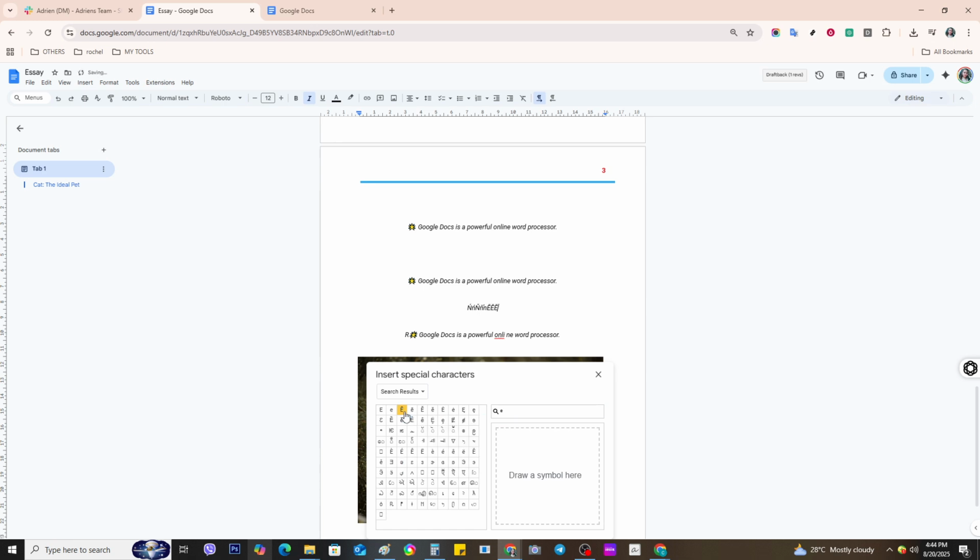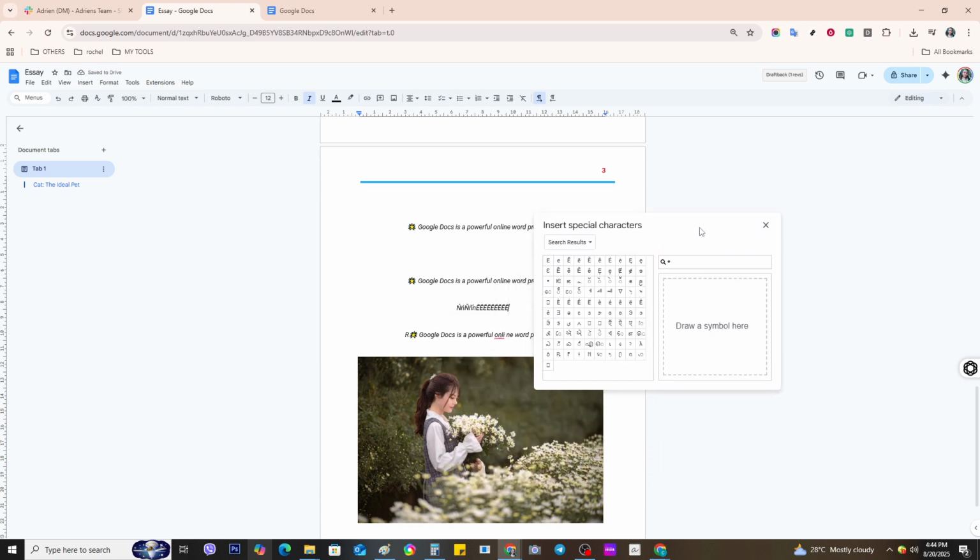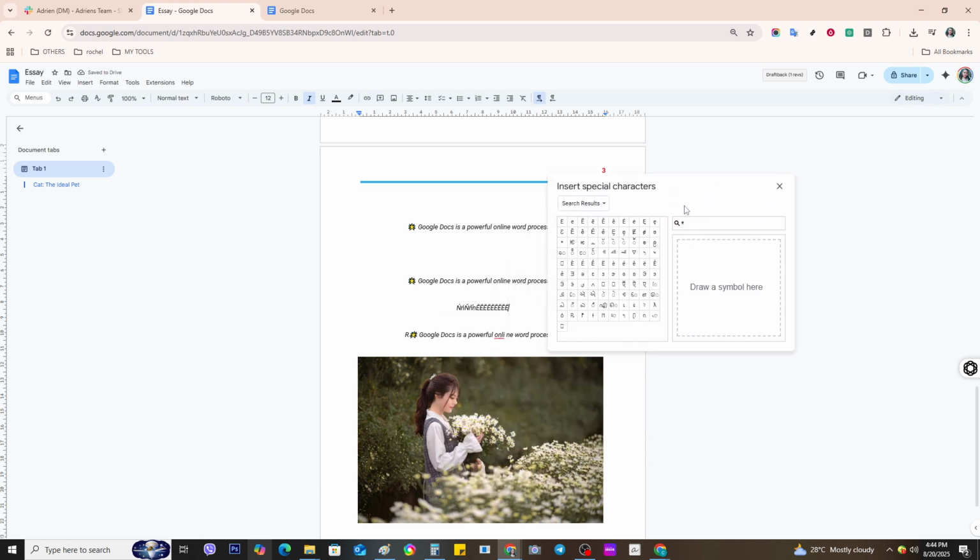We've covered everything you need to know, but here's a little tip. If you frequently use certain characters, they will appear under the recently used section, making future insertions even quicker. Now, you can ensure your documents reflect exactly what you intend to express, from accents for foreign languages to specific mathematical symbols. And there you have it, a simple and effective way to enhance your document with special characters in